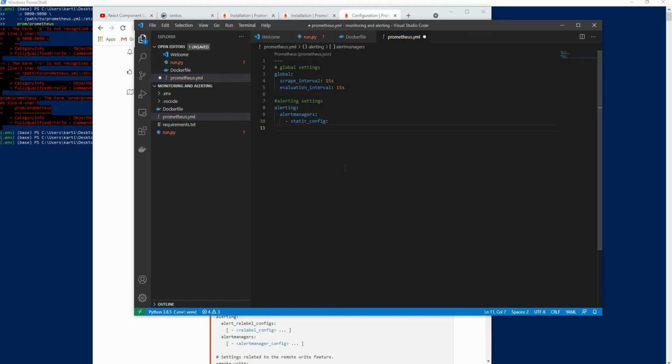And let's give it a target. The target will be the alert manager's port number. Currently we don't have any alert manager, so I'll just give it as a list, alertmanager and the port number which alert manager runs on, which is 9093. We'll add this later on.